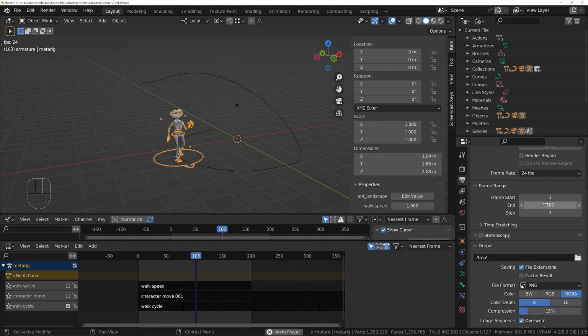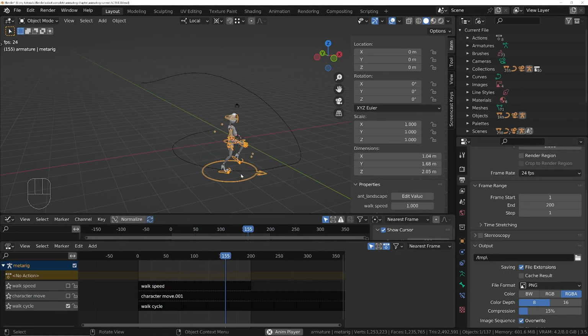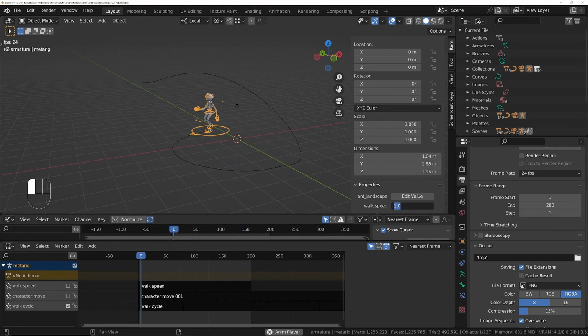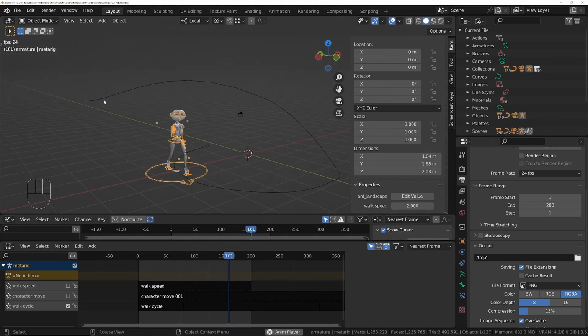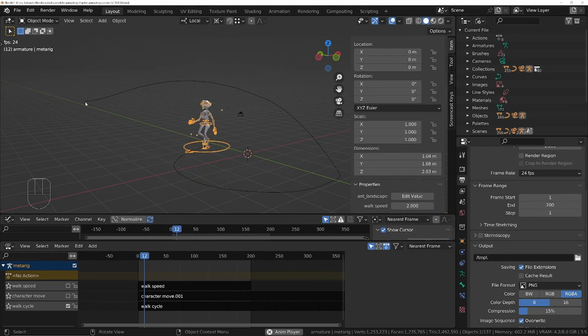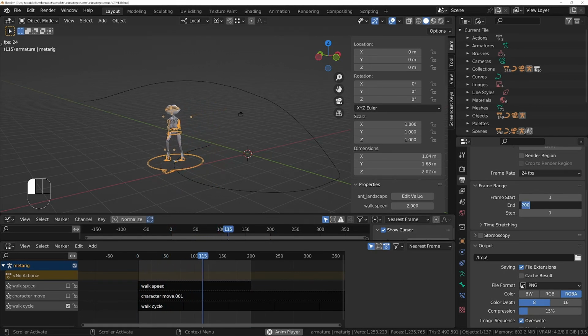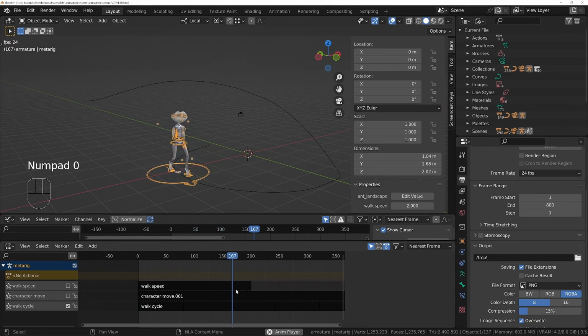So if I set this to, for example, say the walk speed, something really slow, like 2, the character's walking incredibly slowly, so that it means it's going to take a long time to get to the end over there. What I'd need to do, if I want to do that, is change the end speed to something quite high. I don't know, maybe 800. And if we